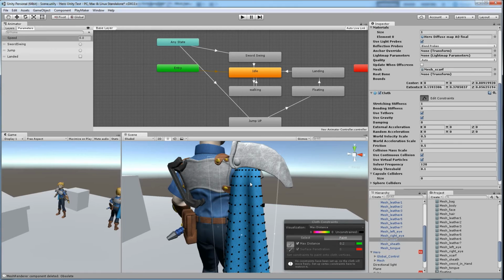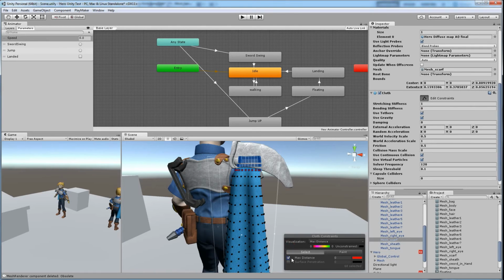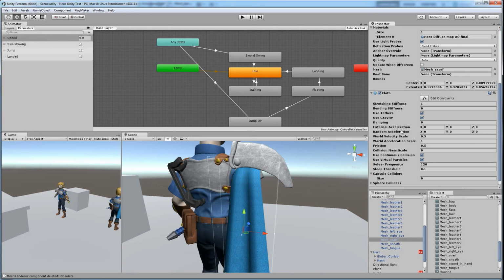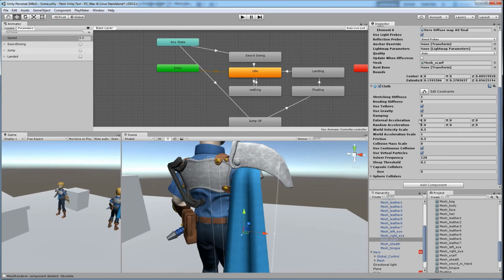Alright, so if I want to select just the upper ones, I can go to select. Under selection, max distance, I'm going to set that to 0.2, and since they're already selected, they turn green. So I can click off, and they've turned green. So pretty easy. Or I can just go to the paint method and manually paint them. Either way, green means it's going to be glued in place, and the black just means it's going to move around. So once that's done, I can turn off edit constraints. And the last thing I want to do is,